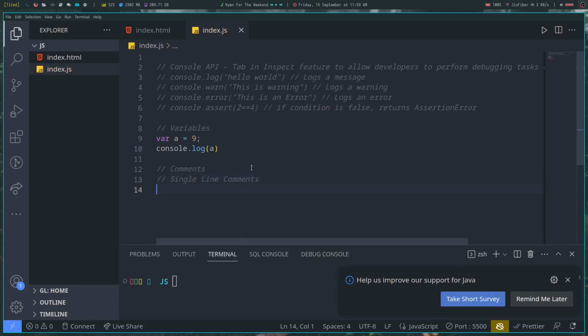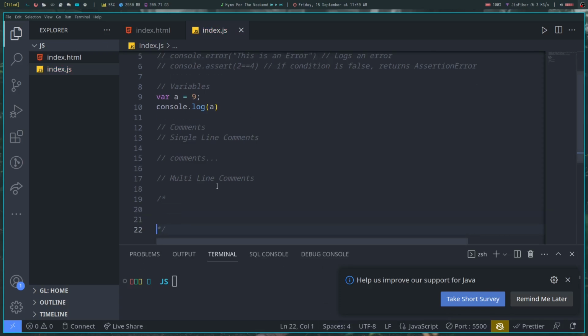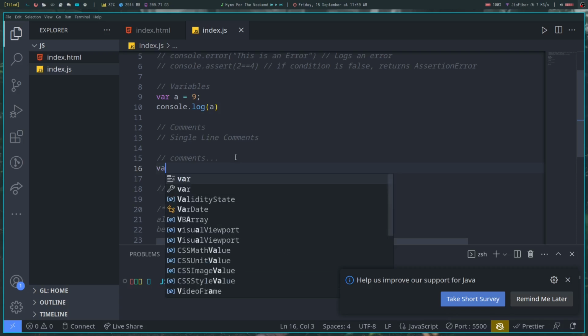So single line comments can be the ones that are defined by double slashes, and multi-line comments are defined by a slash and an asterisk. They are defined as such, and in between them you can write any number of lines of comments that you want. Like I can write alpha, beta, gamma, and in the case of single line comments we can't do that. If we go to our next line, we again have to redefine the double slashes,